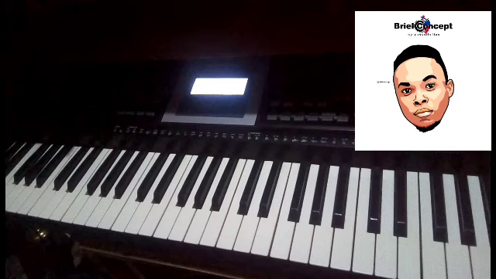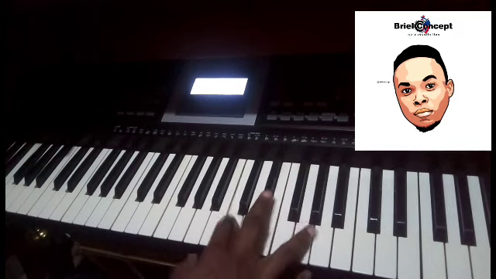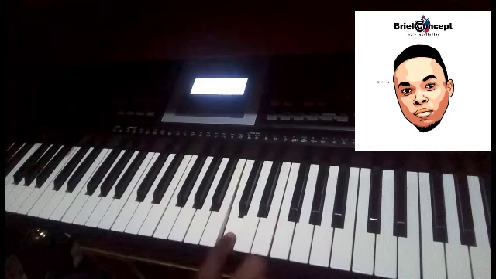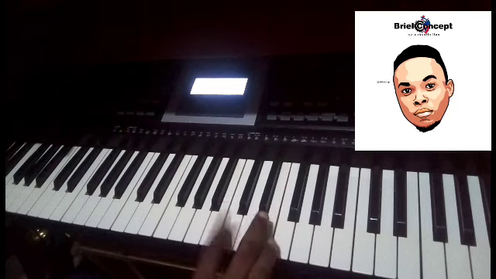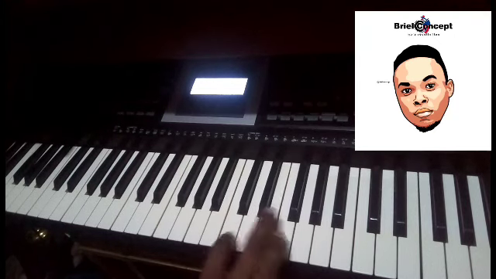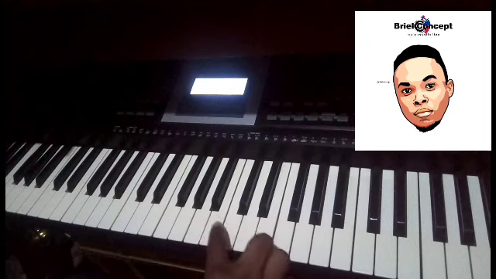Okay, now go straight to the next one. The next one is your minor chord, and the formula for your minor triad chord is root, flat 3, and 5. Now if this is key C, let's say we want to work on C, you now have your root, tone, tone, semitone, tone, tone, tone, semitone, which is 1 2 3 4 5 6 7 8. These are the major scale